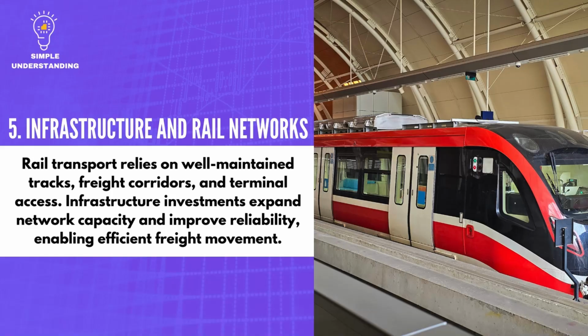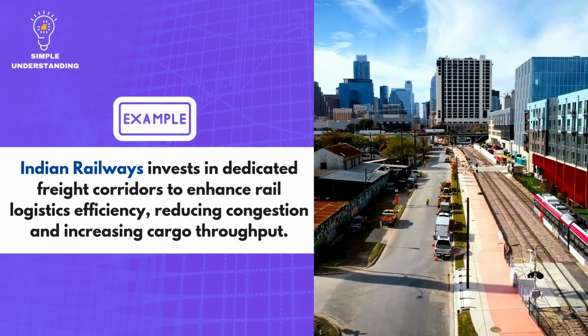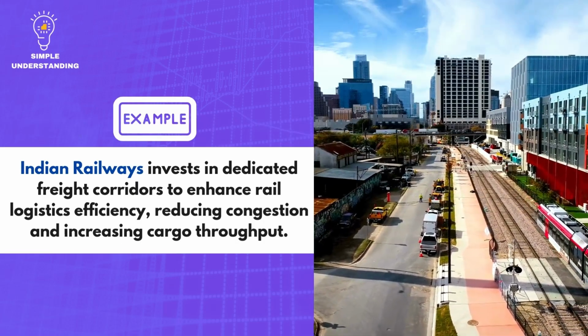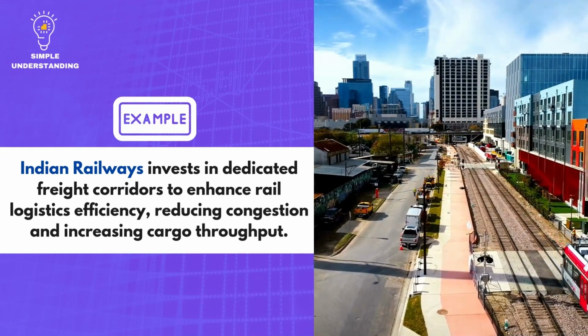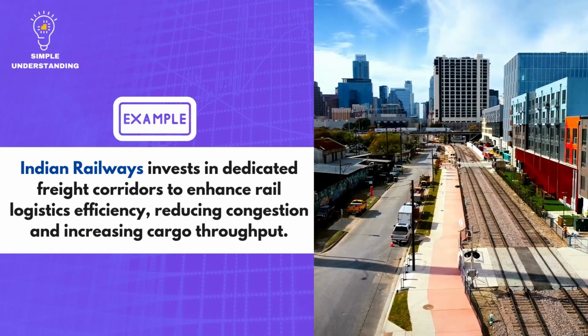5. Infrastructure and rail networks. Explanation. Rail transport relies on well-maintained tracks, freight corridors, and terminal access. Infrastructure investments expand network capacity and improve reliability, enabling efficient freight movement. Real company example. Indian Railways invests in dedicated freight corridors to enhance rail logistics efficiency, reducing congestion and increasing cargo